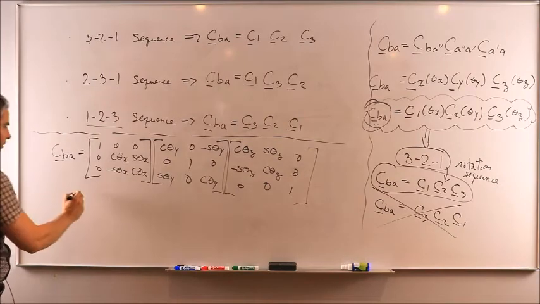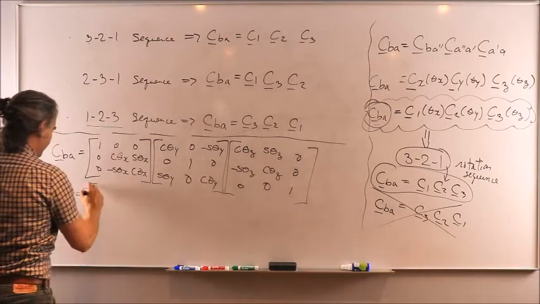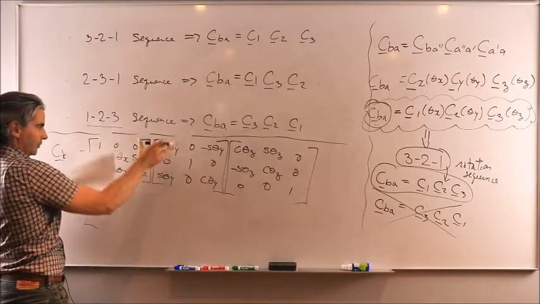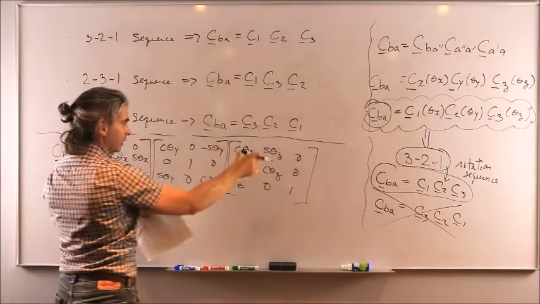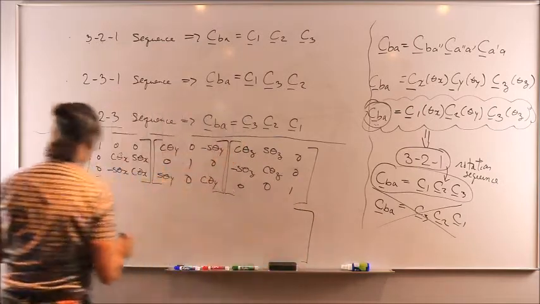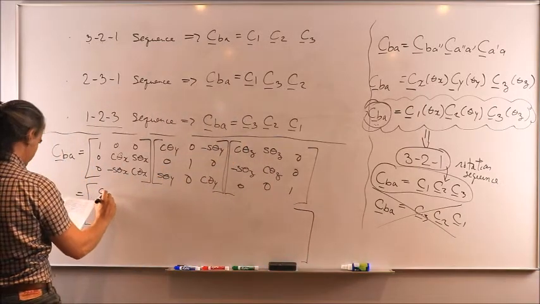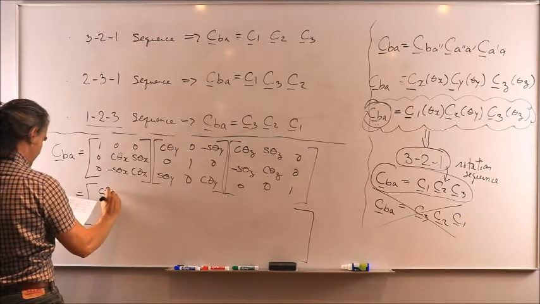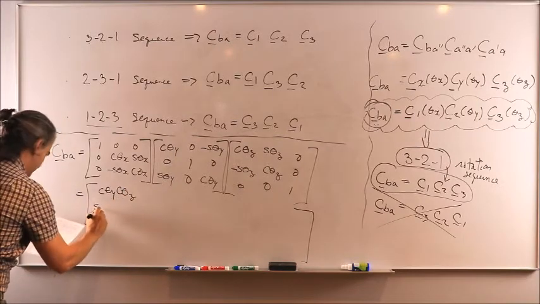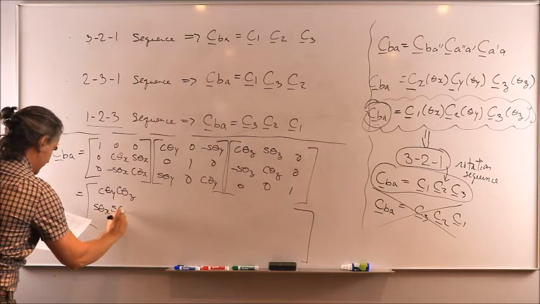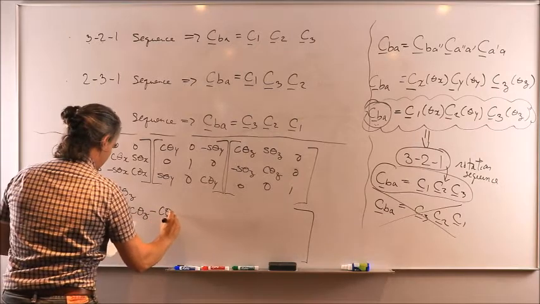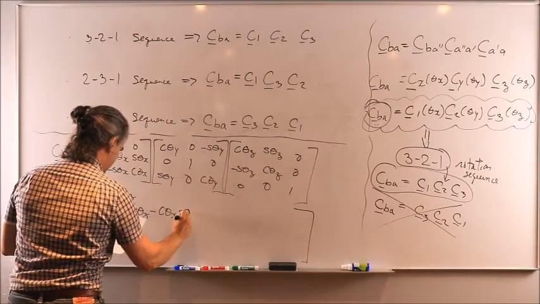Now, all that is left to do is to multiply these 3 matrices together and do it in 2 steps. First, multiply those 2 together. Then the result of those 2 multiplied with that one, or vice versa. Those 2 together multiplied with this. It's up to you. And if you do things properly, you're going to end up with cos theta y, cos theta z here, and here sine theta x, sine theta y, cos theta z, minus cos theta x, sine theta z,